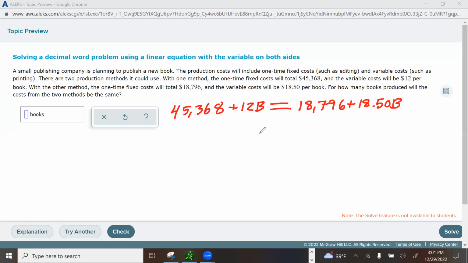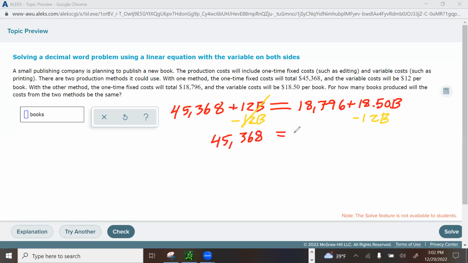Okay, so we got to get those two variables together. So here's what I'm going to do, Sparky. I'm going to subtract 12 books from both sides. And why am I doing that? Well, because 12b minus 12b is 0. That's why. Okay. And I'm left with